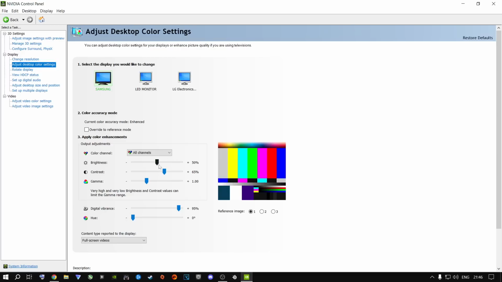Brightness, 50%. Contrast, 65%. Perfect. Gamma, 1.00. Digital vibrance, do not have this at 50%. If you have this at 50%, it's at its default. Your color's not going to pop at all. Your game's going to look very dulled out. Don't do that. So what you're going to do is lift this up, but I highly recommend